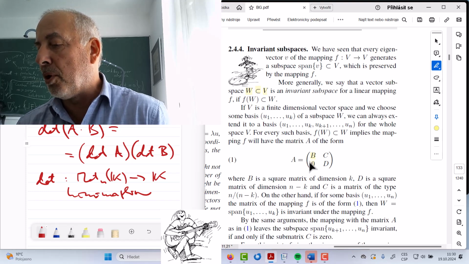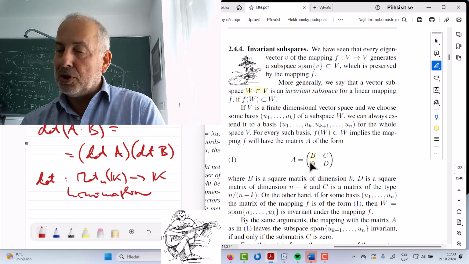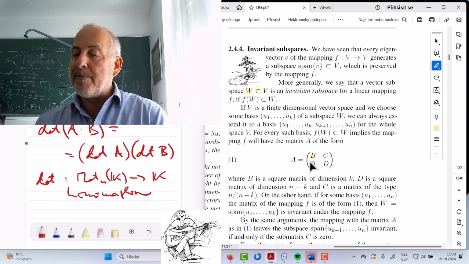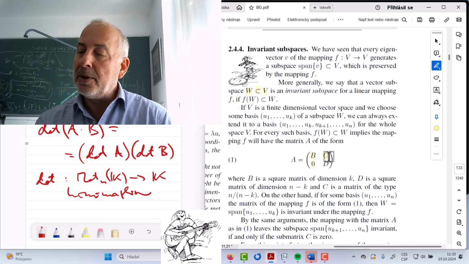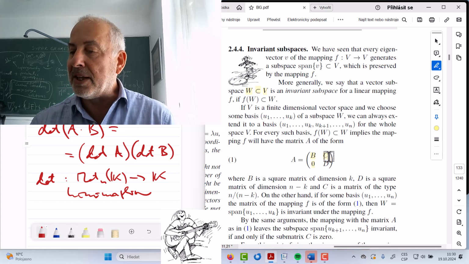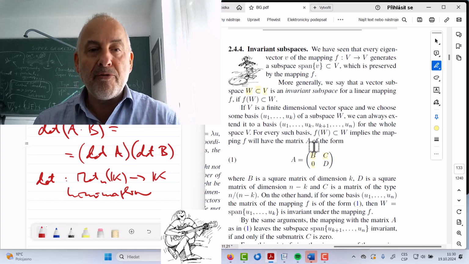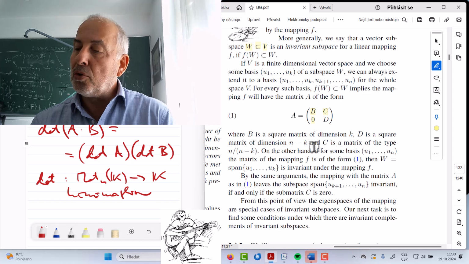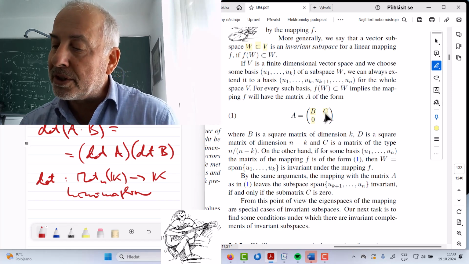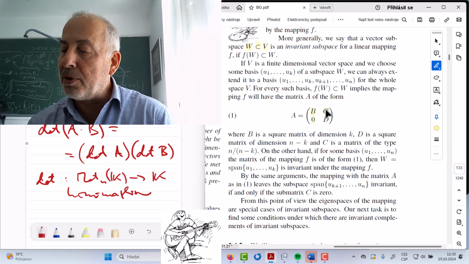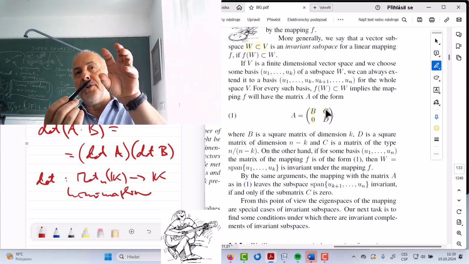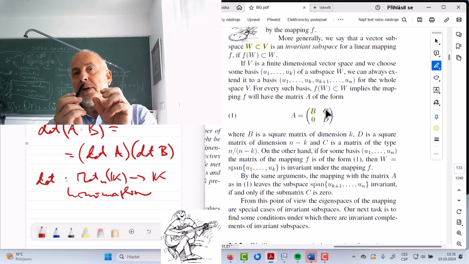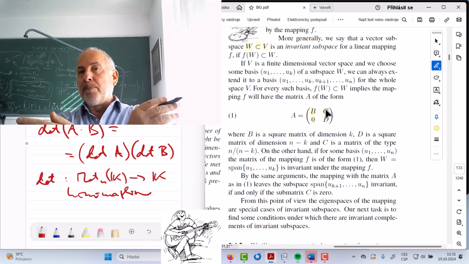There will be this block of zeros, which is as wide as the dimension of the subspace. But we don't know anything about the C here, right? So the C might be non-zero. Depends how we complete it. If it's possible to find a complementary subspace, then the C will be zero as well. Yeah, so that will be then the case of our matrix C, where we had just the complement